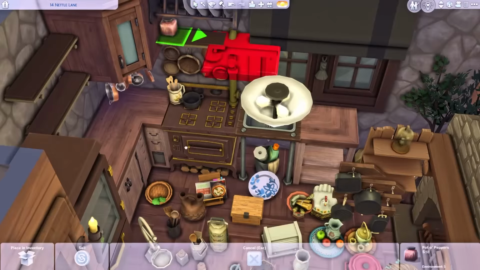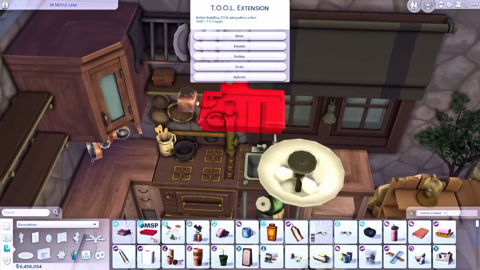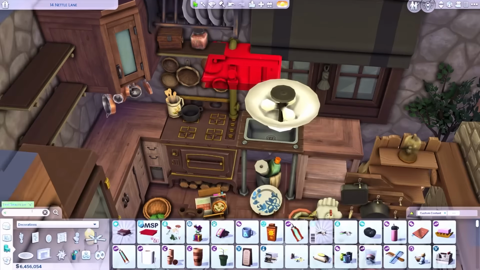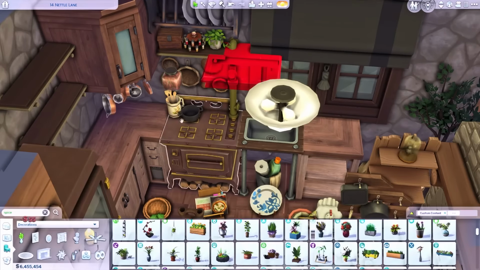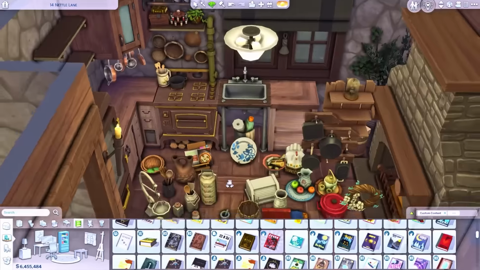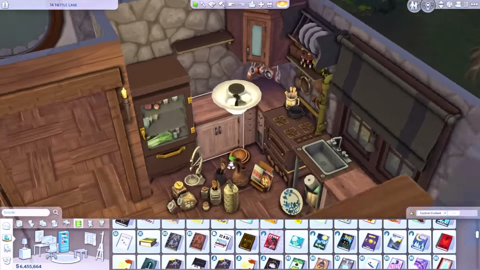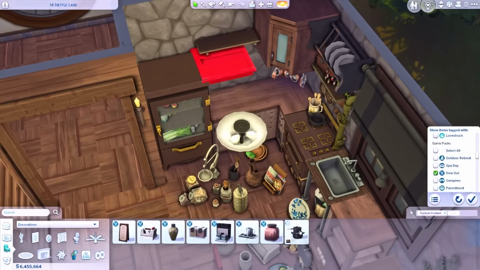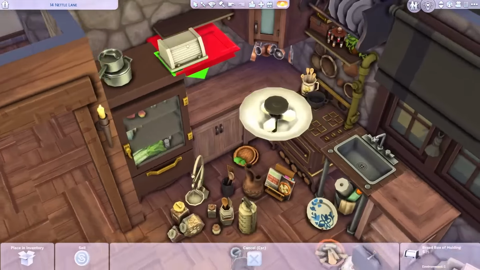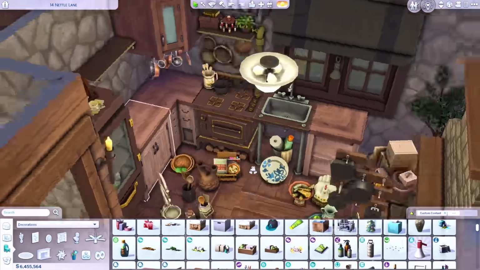But we do have a pantry, so there is lots of open shelving in there. In this kitchen I decided to go for the Horse Ranch expansion pack kitchen counters. I then used a base game oven and fridge, but for the sink unit I decided to use one from the Laundry Day Stuff pack. Now, we do have a sink from the Horse Ranch DLC that I could have used as the kitchen sink, but it was looking a little bit too prim and proper for my liking,